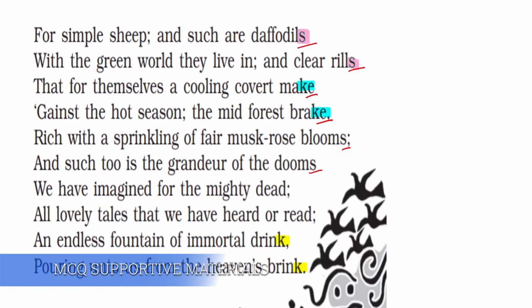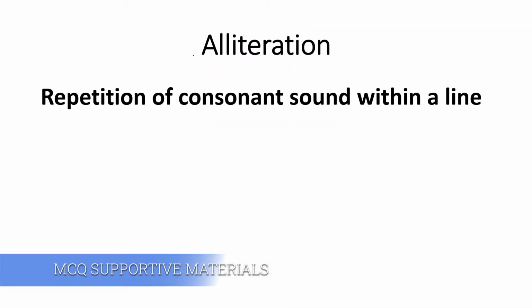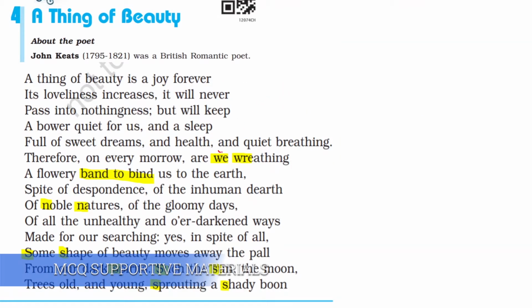Now let us move on to the next poetic device, that is alliteration. Alliteration means repetition of consonant sound within a line. Don't forget it, repetition of consonant sound. Look at here, we are reading the repetition of V sound in the same line. Here, band to bind, B, B, that is a repetition of consonant sound. So alliteration